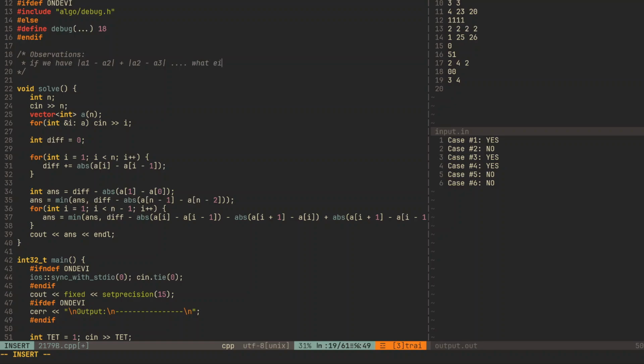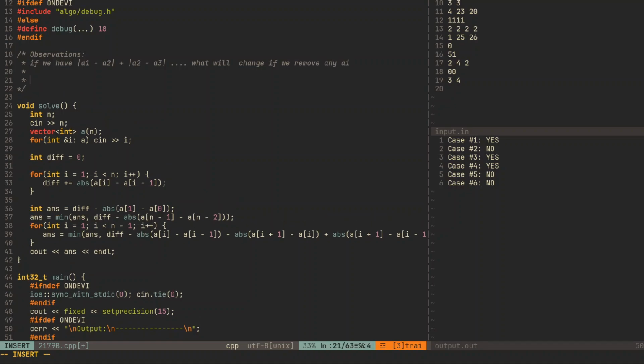What will change if we remove any ai? So the change will be that